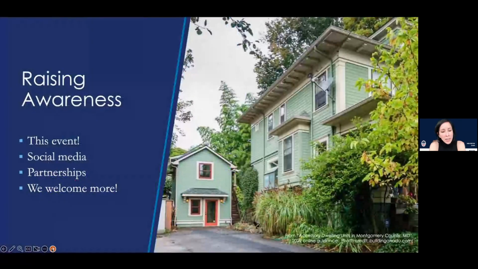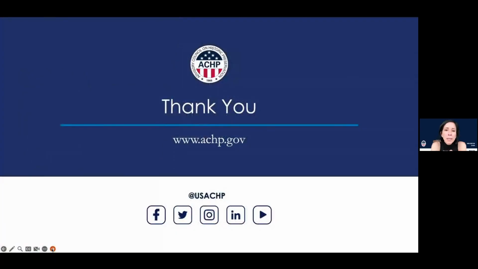And then finally, we are raising awareness through a variety of means. I've been out in the community. I went to LA to a housing roundtable. Adrian was kind enough to participate along with a variety of both housing and preservation stakeholders. On June 20th, we'll be doing another one in New York City, hosted by the Furman Center, if you happen to be in that area. We'll be putting some information out on the ACHP channels shortly. We're always happy to be a partner with you.